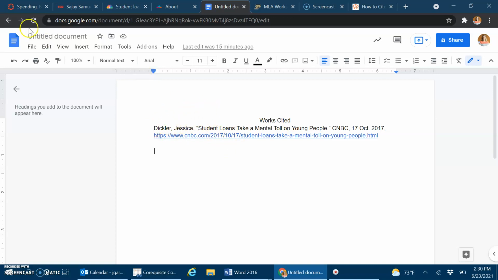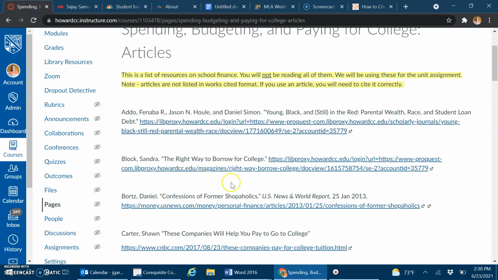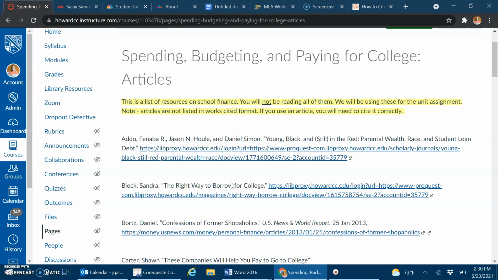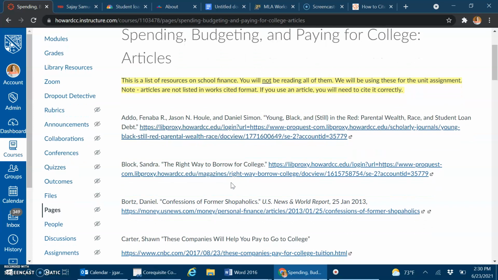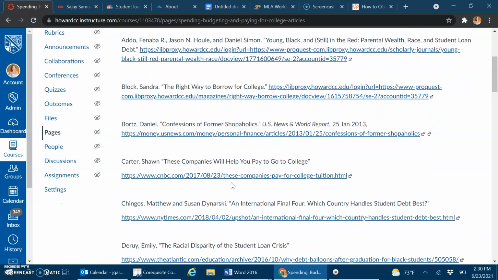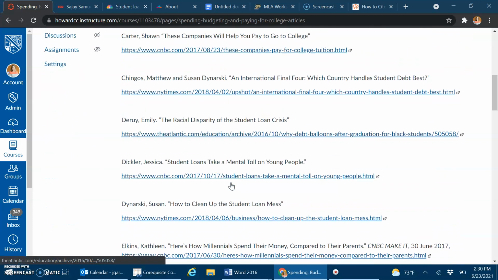Okay, so my next step is that I need to get some sources. And this assignment says that I can find some sources on this page that's linked to on assignment 16. And so I'm going to write about college debt. And so looking through these articles,